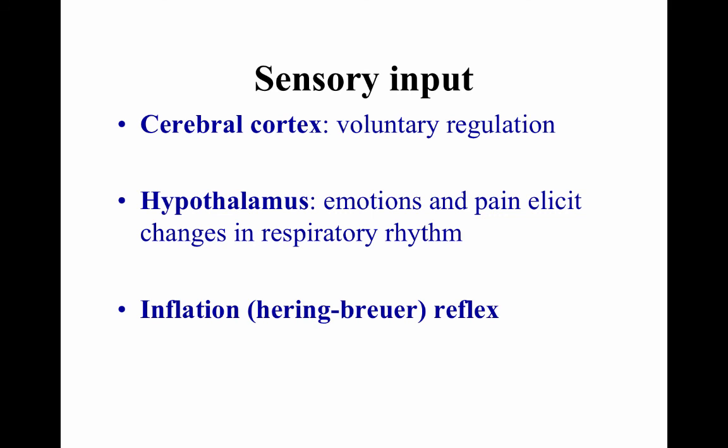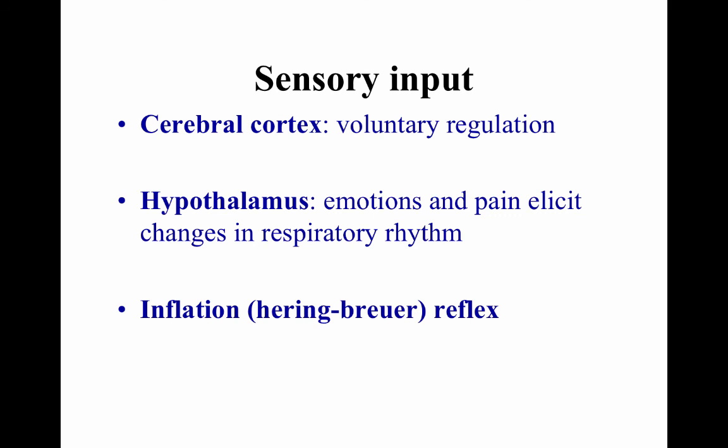The inflation reflex, or the Hering-Breuer reflex, is sensory input that is received within the medulla of the inspiratory centers of the brain that would say that we're only supposed to be able to inflate to a certain amount before our inspiratory center would be inhibited